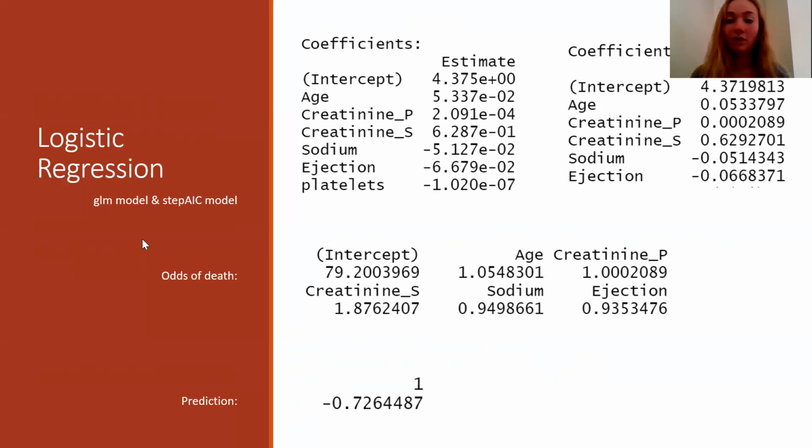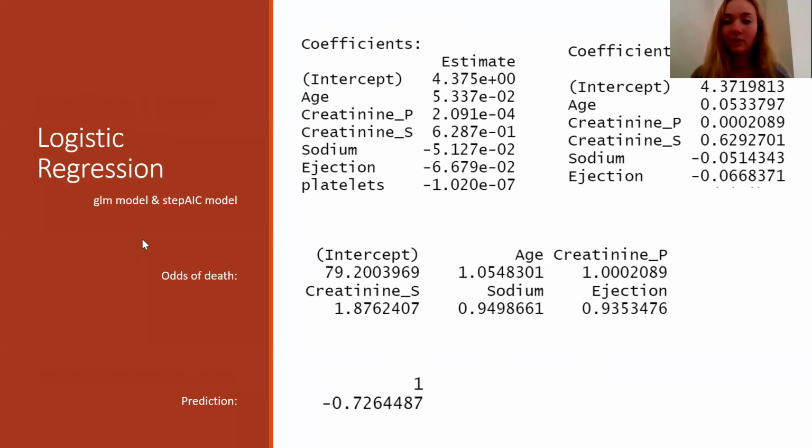If all the other variables are held constant, a 1 unit increase in age will increase the odds of dying by 5%, which is calculated by subtracting 1 from the coefficient since the number is above 1. For a coefficient that's under 1, such as ejection fraction at 0.935, the coefficient is subtracted from 1 and represents a decrease in the odds. So for every 1 unit increase in ejection fraction, the odds of death decreases by 6.5% if the other variables